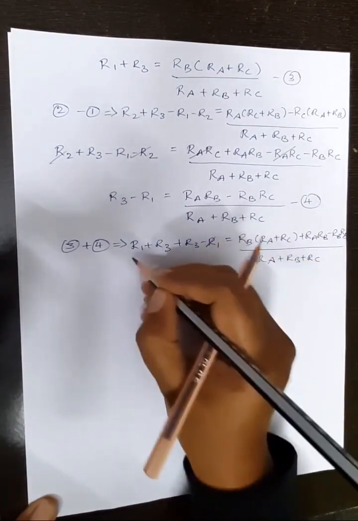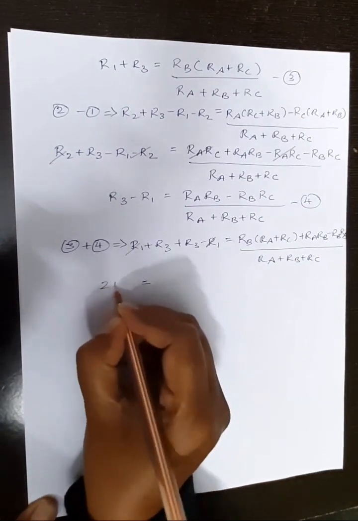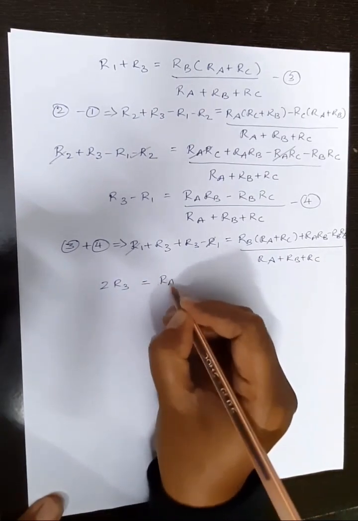Minus R1 plus R1 cancels. So you will get on the LHS side 2R3 and on the right hand side you will get RA into